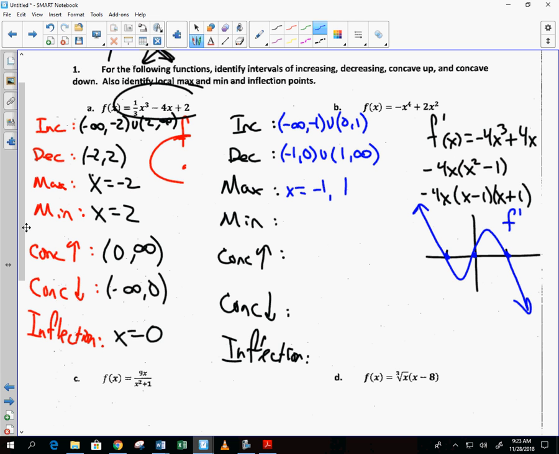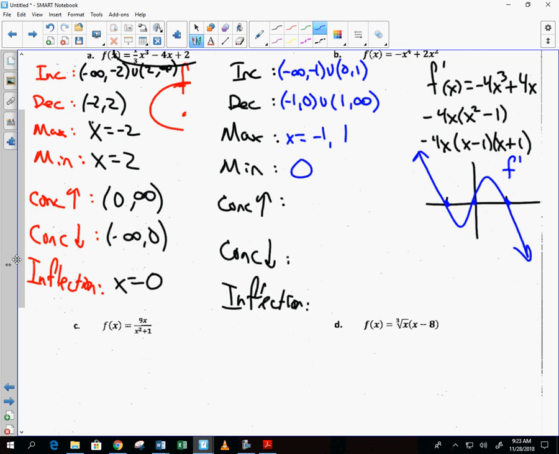Where's the local min occur? Where does it change from negative to positive? 0. Uh-oh, concavity. What tells me about concavity? Second derivative. Well, I haven't found the second derivative yet. Do we know how to find a second derivative? Well, yeah, we're really smart. F double prime of x is